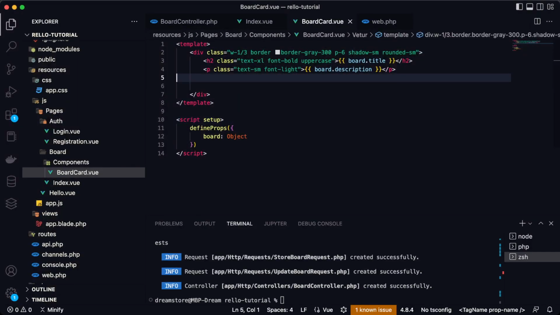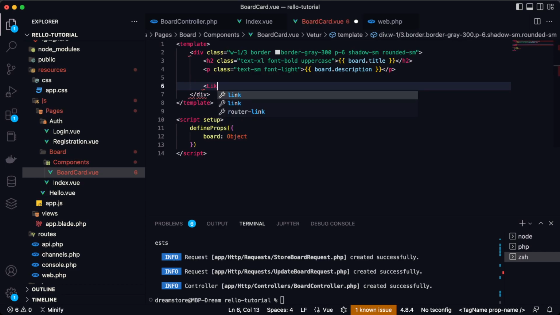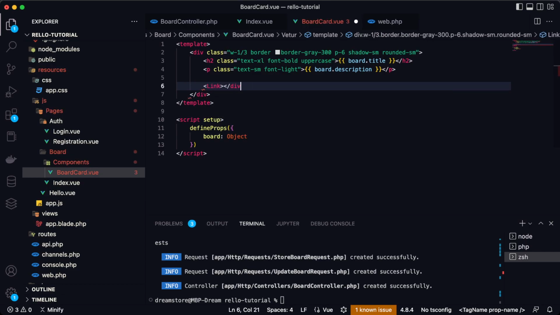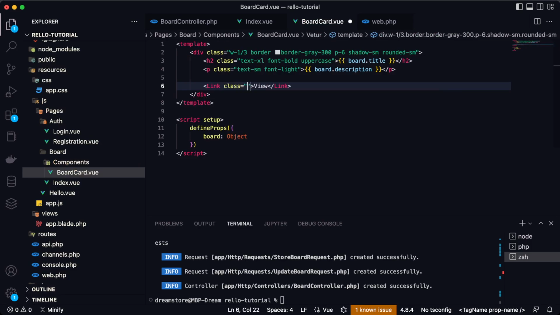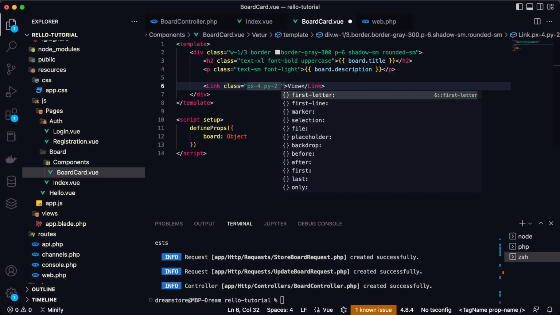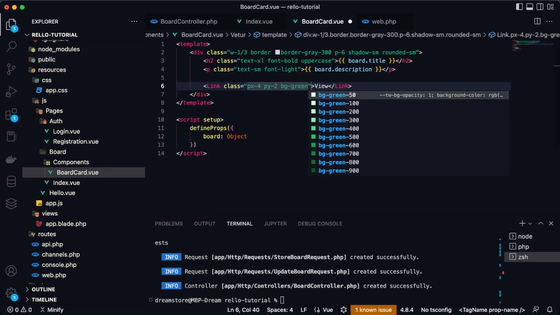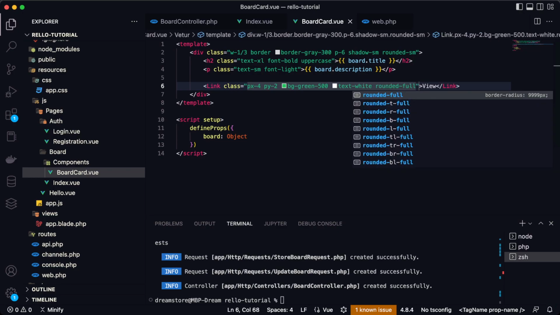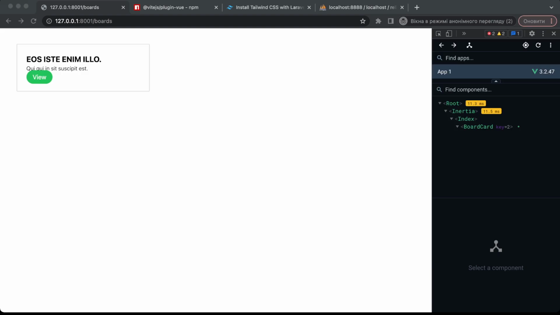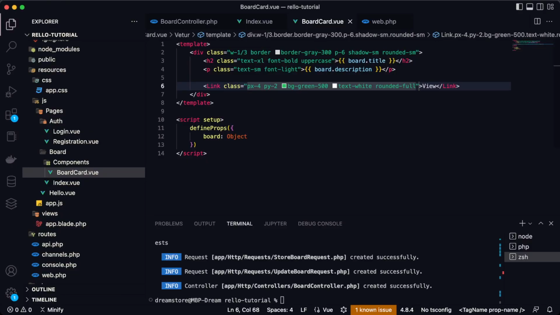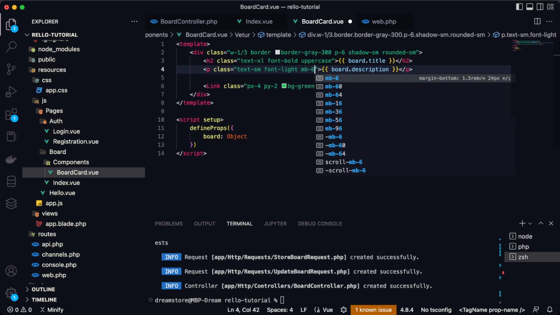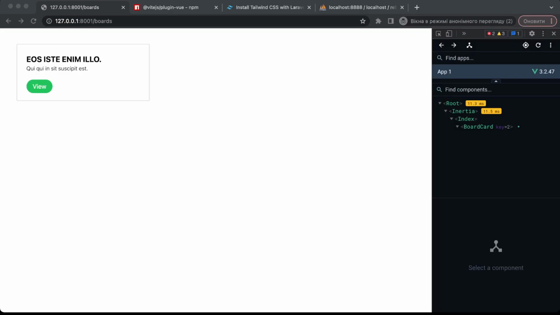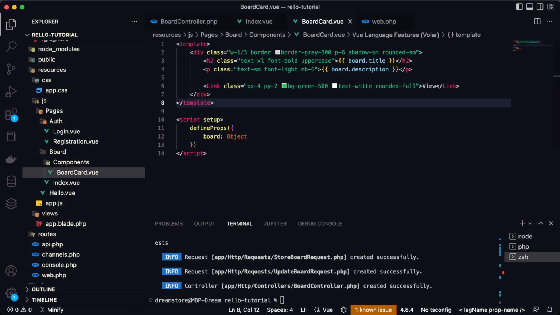So let's go here and let's use this component. So let's type here link, and let's type here view. Let's add some stylization to this button. So let's type px-4, py-2, bg green maybe, yeah, like this, and text white and rounded full. Okay, now let's open browser, and I see I don't like this, so maybe it's better to add some padding, maybe margin bottom 6. Let's check this again, and now it looks much better,